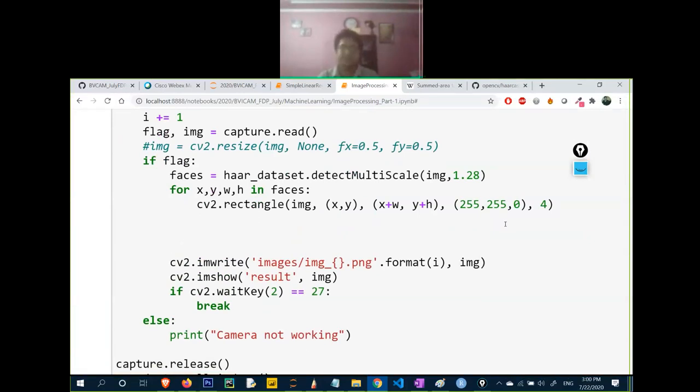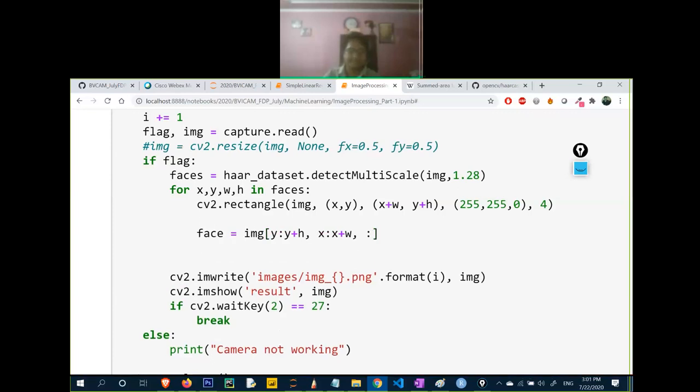I will write image[y:y+h, x:x+w], and it will give you a face like this. Now, can you tell me what it will do?